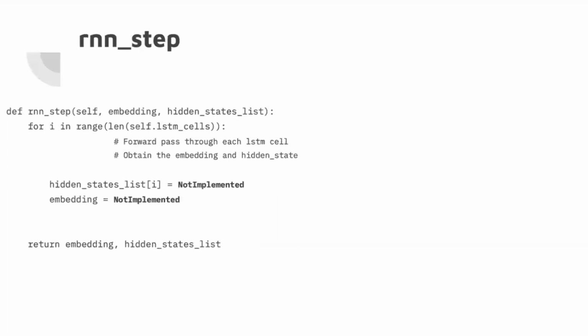Okay, so coming to the RNN step, in the starter notebook, there's a function called RNN step. Since we have a lot of LSTM cells, we set this function up so that you can conveniently loop through all of your LSTM cells at once. But you can also do it outside of this function. It doesn't matter. If you look at the starter notebook, we have made it very clear that we recommend you to use